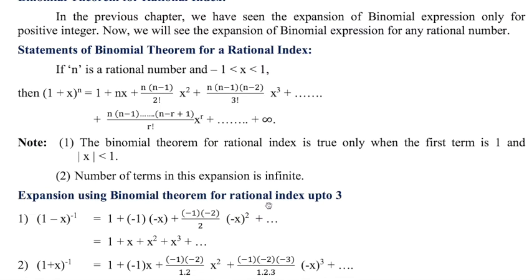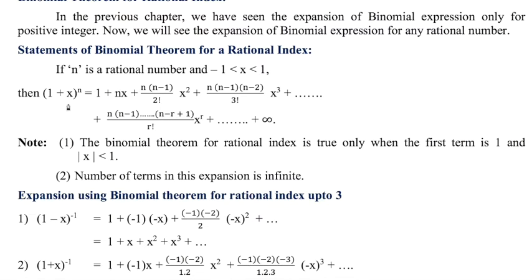Binomial theorem for rational index. In the previous chapter we have seen the expansion of a binomial expression only for positive integers. Now we will see the expansion of binomial expressions for any rational numbers. Statement of the binomial theorem for a rational index: if n is a rational number and minus 1 less than x less than 1, that is, x lies between minus 1 and 1,